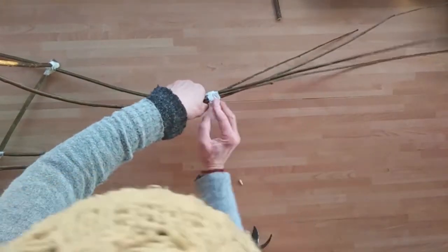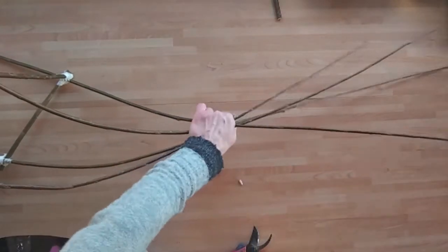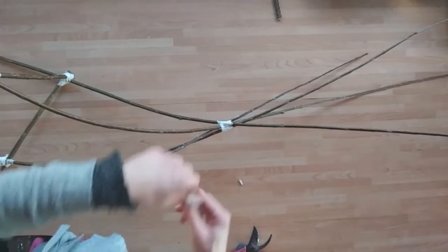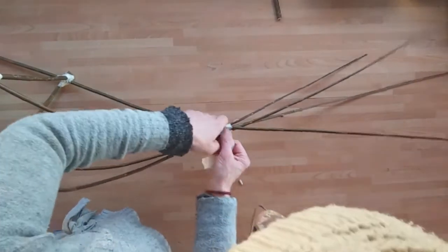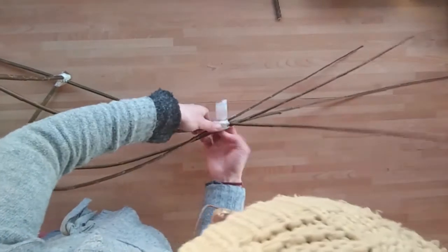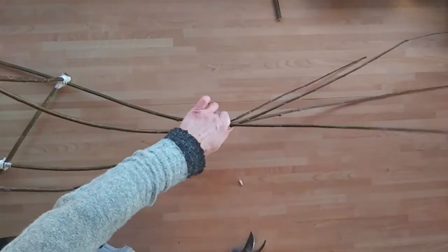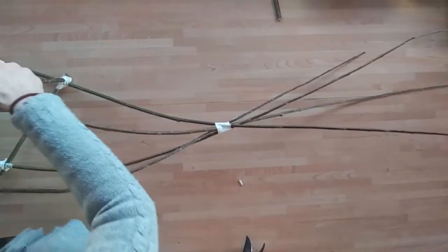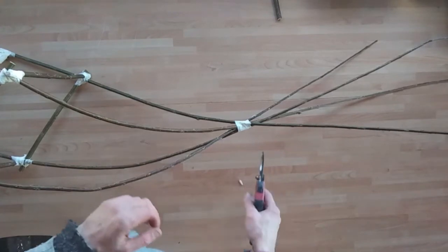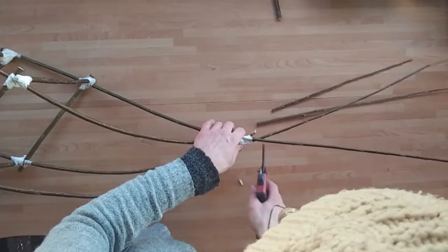Right. So I'm taping that together, just hold that in place. And I might give that a little bit more tape. There's a few withies that are under pressure there. There we go. And that is a very important join. And so now I'm happy with that shape. I'm going to need a bit more strengthening at the bottom there in a moment. So what I'm going to do is cut these off now. As soon as you've decided you're...